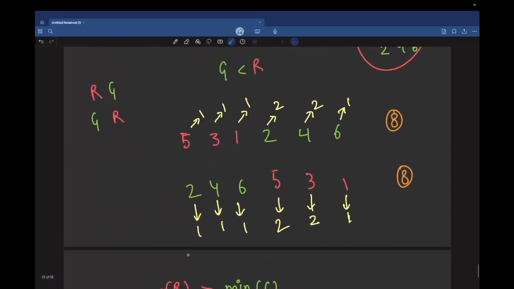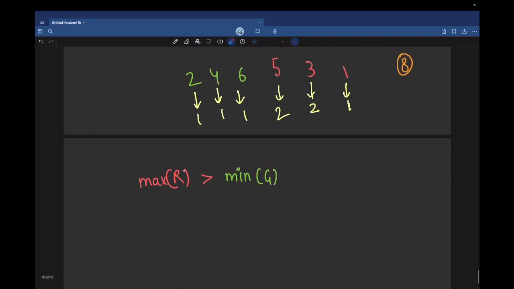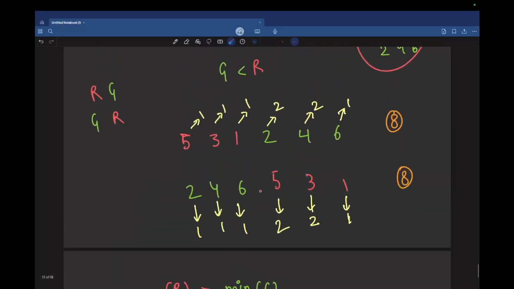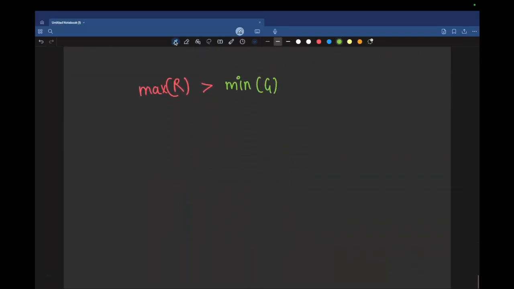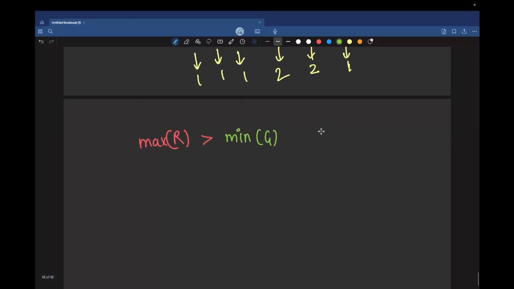So you can definitely say that if you have a red item and a green item, and the red item has a larger value, then you will definitely have to buy at least one extra copy of an item. Okay. So for now, what we can do is consider that out of these n items,